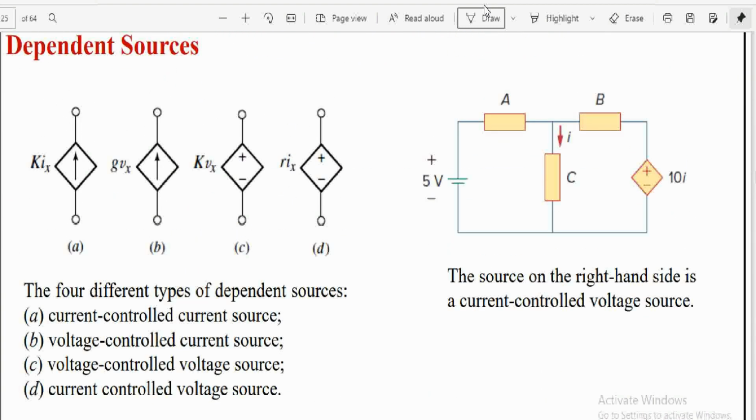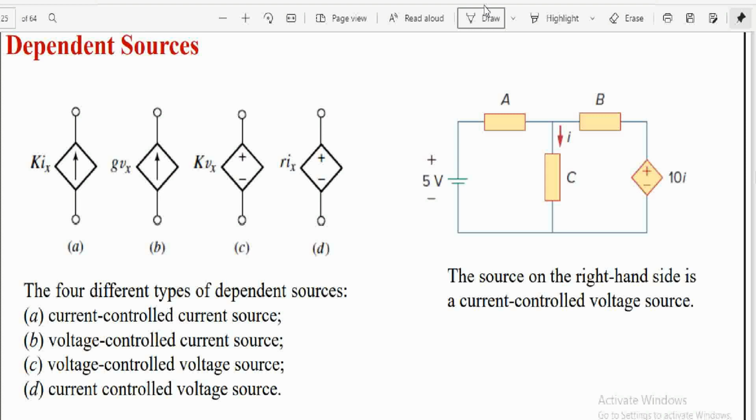So the first one is your current controlled voltage source, and this is your voltage controlled current source. Actually this is a current source, but its value depends on a current, so it is the current controlled current source. And this is a current source, but its value depends on some voltage, so it is called a voltage controlled current source. And here it is basically a voltage source, but its value depends on voltage, so it is a voltage controlled voltage source. And here the value of voltage depends on current, so it is called a